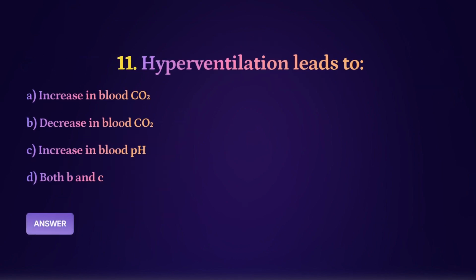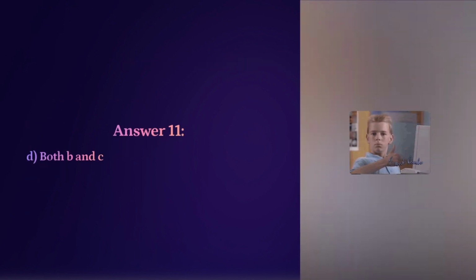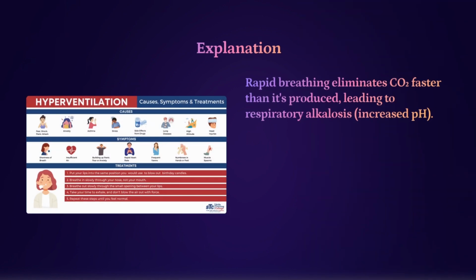So we are halfway through. Now question number 11. Hyperventilation leads to. Options are A. Increase in blood carbon dioxide, B. Decrease in blood carbon dioxide, C. Increase in blood pH, or option D, both B and C. Correct answer is both B and C are correct. That is, rapid breathing eliminates carbon dioxide faster than it is produced, thereby leading to respiratory alkalosis, which is increased